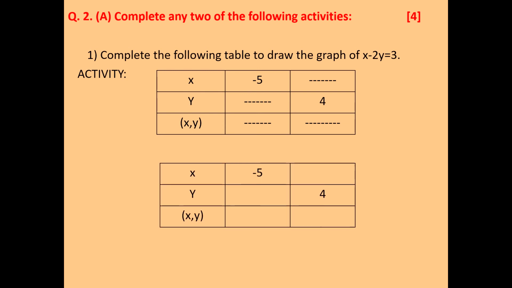Activity, you are going to simplify and get the values of the blank spaces as it is taught to you. But while writing, when filling in the table, you need to take care that you write the table again and then put the values there. See, when you substitute the value of x as minus 5 in the given equation, you will get y equals minus 4. So you have written here. You will get the solution here. See, the blocking is very important. After writing minus 4, you have blocked it.